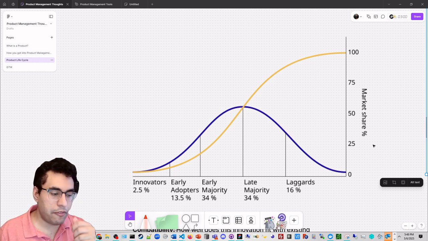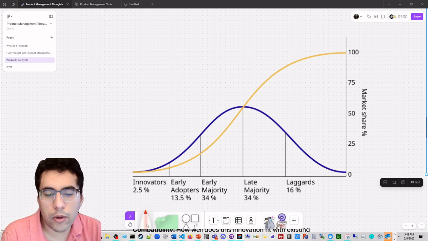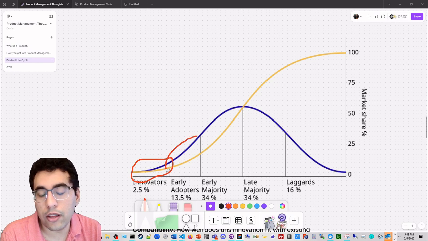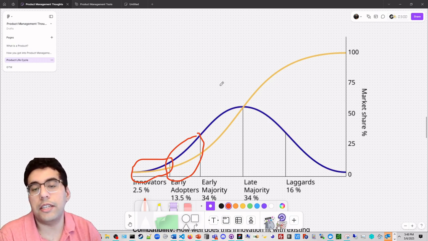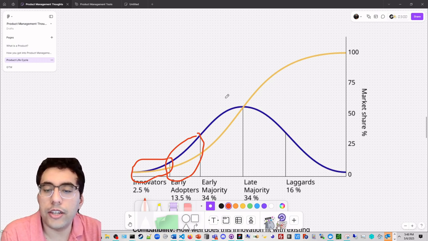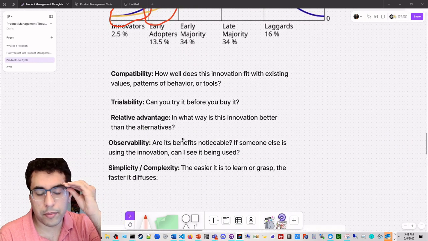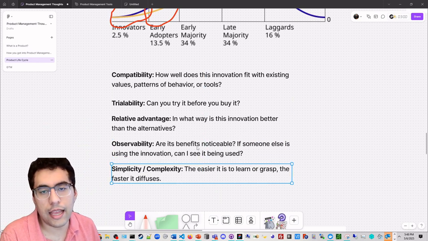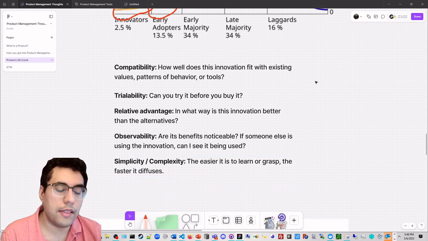It's sort of like if Excel came out for the first time this year, Excel would only sell to innovators, right? And then the next year it might sell to early adopters. But if I'm IBM, I'm not going to use Excel until HP starts using Excel. That's kind of the logic. Now, this idea goes on. I'm going to talk about it a little bit more here, but what he learned, and you can look this up online, is that for people to buy into innovative products, they think about